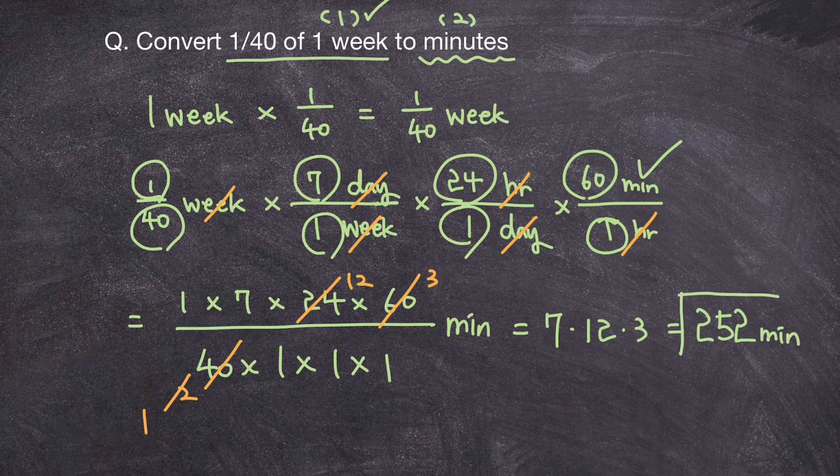So I'm gonna box this and put a giant A to it to indicate that this is my final answer. So 1/40th of 1 week is equal to 252 minutes, which is equivalent to a little more than 4 hours. Okay, so that's how you would convert